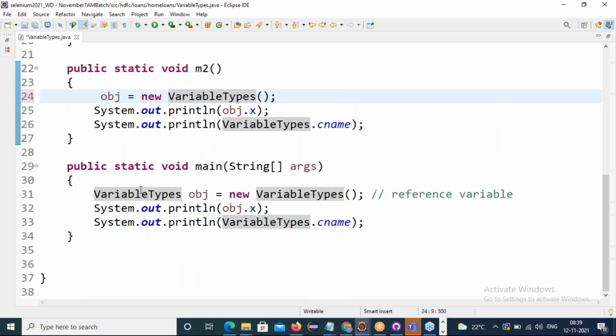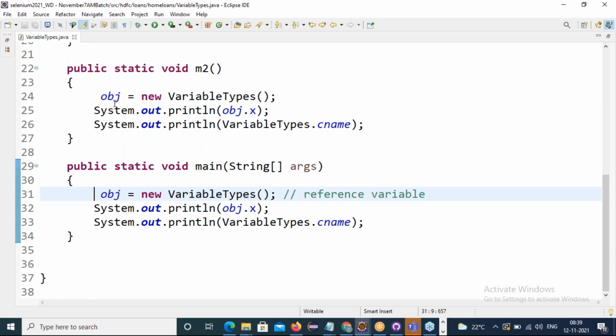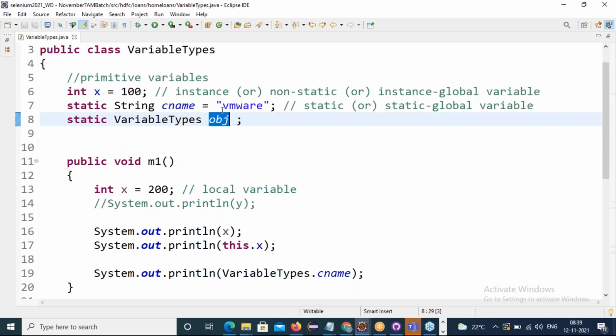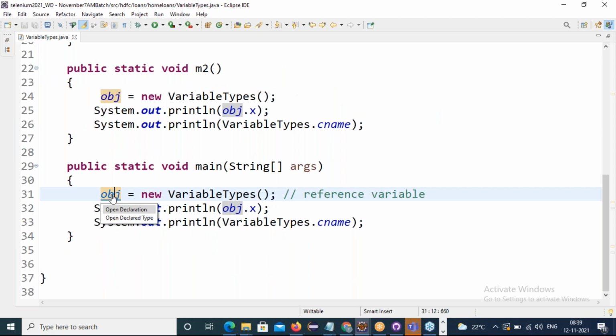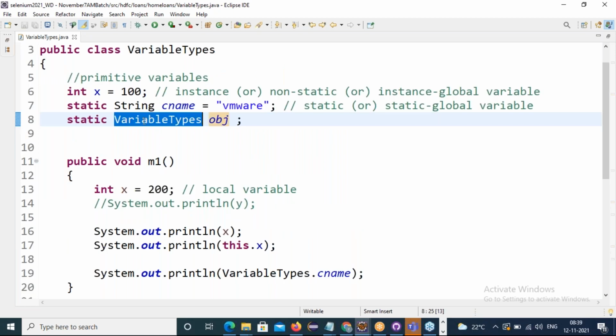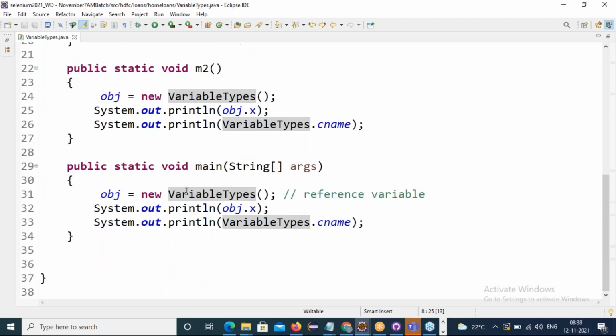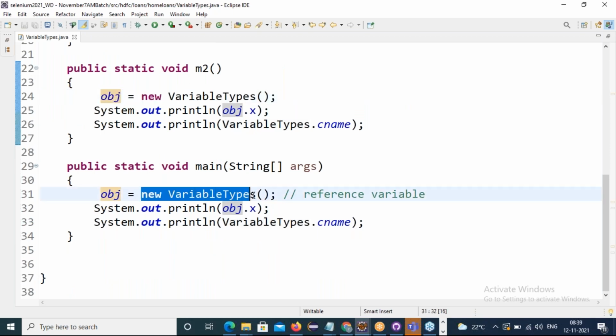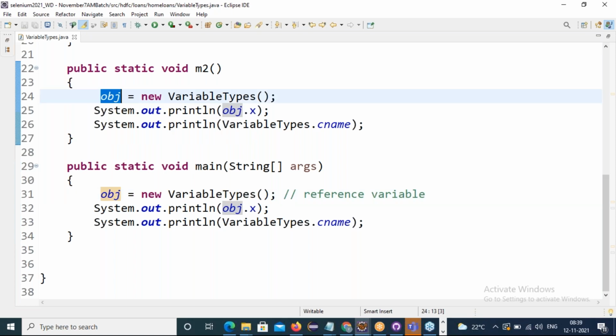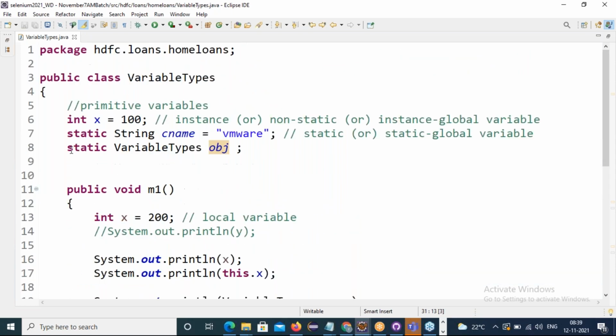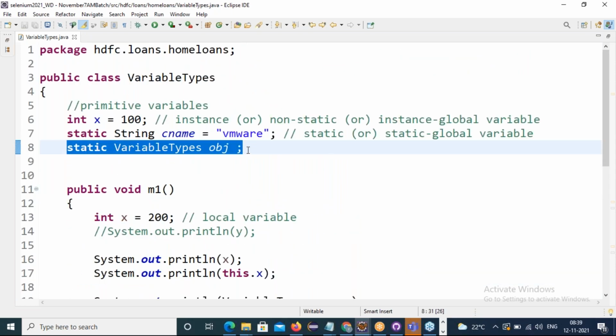Now remove this. Now see, OBJ referring to this or not? Memory allocates for this class reference once and shares it to here and here to hold these objects. Understanding or not? Earlier, with local variables, here OBJ had its own memory, and here OBJ had its own memory. Now there is only one common memory holding these objects, as they are declared as a static class reference. Is everyone clear?